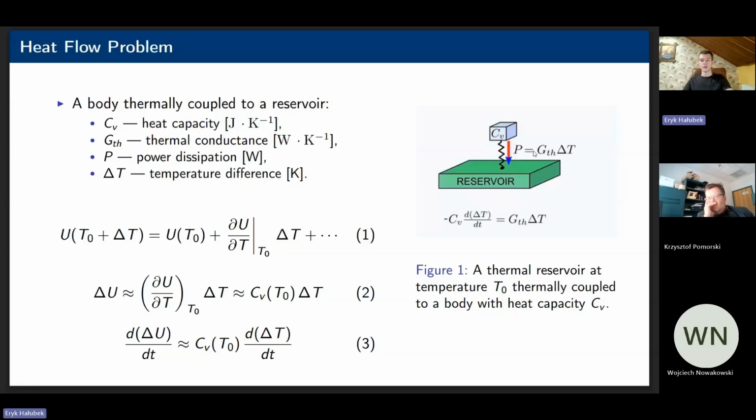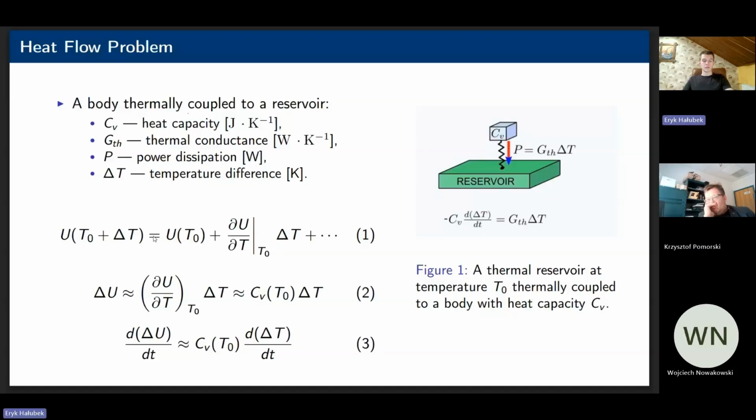So the power of that heat transfer is equal to the thermal conductance multiplied by the temperature difference between the reservoir and that body. And also, if we consider the internal energy that is stored in the body with heat capacity CV,